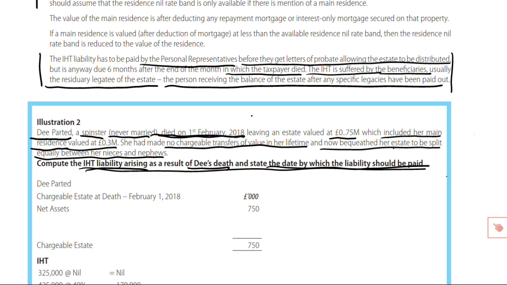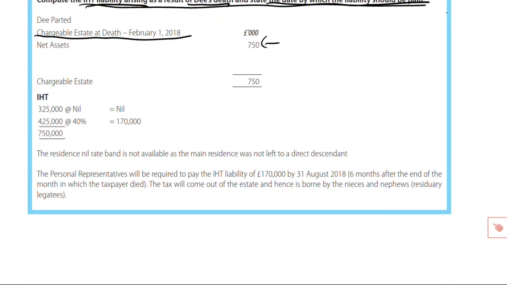The estate is a simple one. The chargeable estate at death, state the date of death, February the 1st, 2018. What the value of the net assets? £750,000. Right. Will all of that £750,000 be charged at the main rate of 40%? No, it won't. There had been no lifetime transfers. So the full nil rate band is the available nil rate band. It's £325,000. At nil, no tax to pay. Leaving out of the £750,000, £425,000 that is now pushed up into the main rate band of 40%. 40% on £425,000 is a formidable amount of tax now to be paid on that estate,